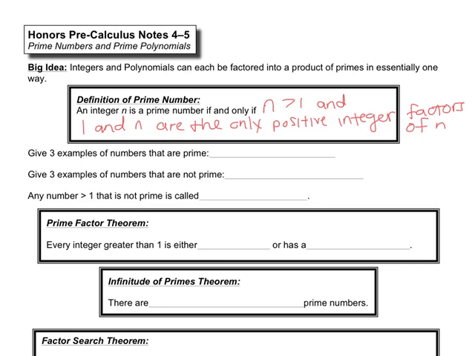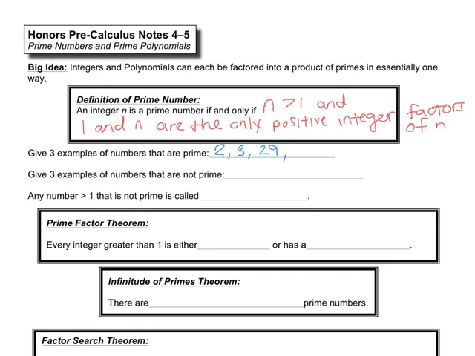So for example, 3 examples of numbers that are prime. 2 is prime. It's the only even prime number. The only factors of 2 are 1 and 2. So by definition of prime, 2 is prime. 3 is prime. The only factors of 3 are 1 and 3. 29 is prime. Obviously I skipped a few, but just giving those examples, the only factors of 29